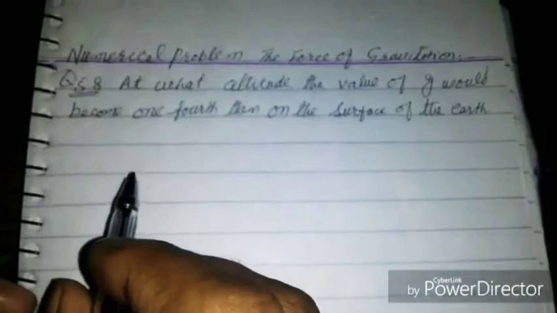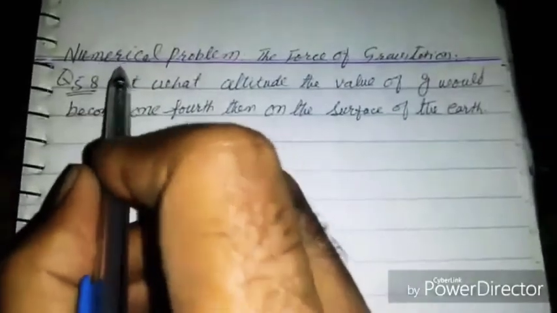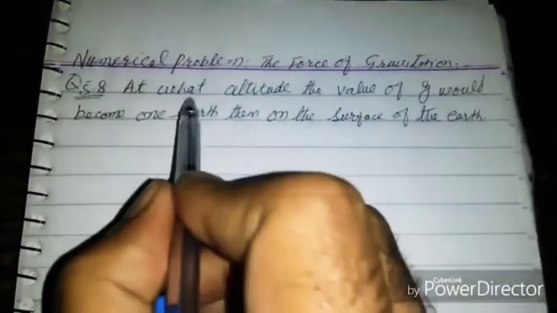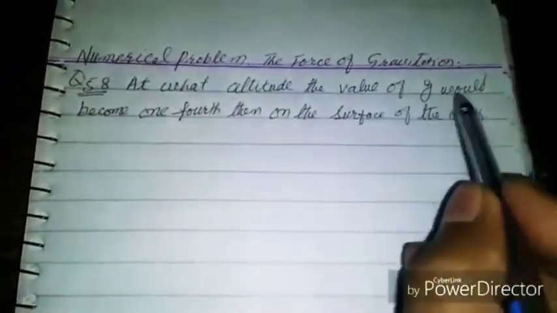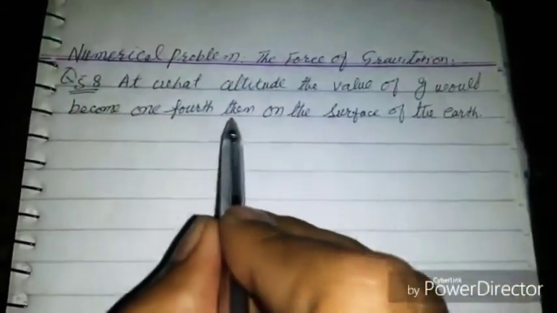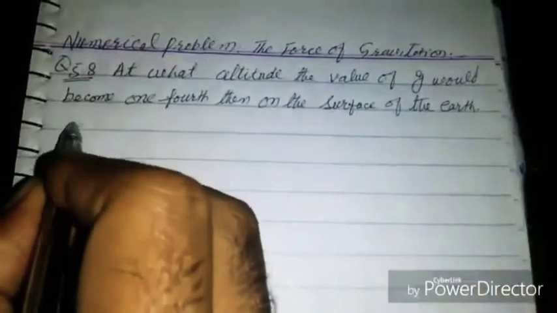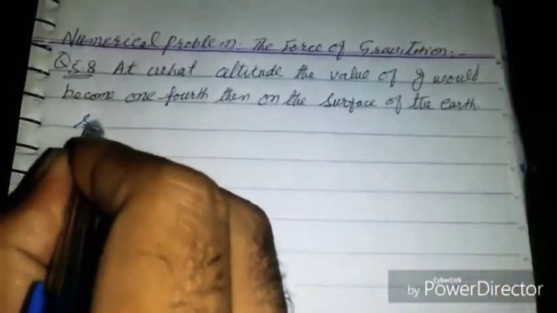Bismillahirrahmanirrahim. Today we are going to discuss a numerical problem from the chapter The Force of Gravitation. Problem number 5.8. At what altitude the value of g would become 1/4 of that on the surface of the Earth? Let's solve this. Its solution is given as,